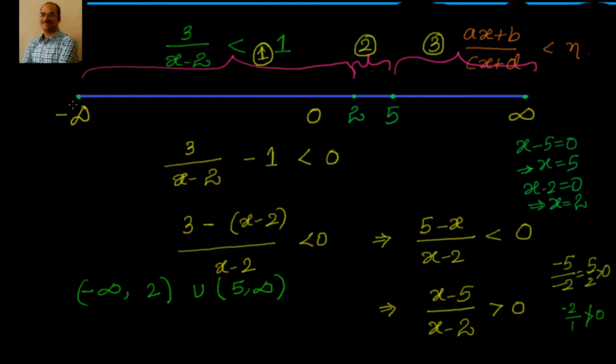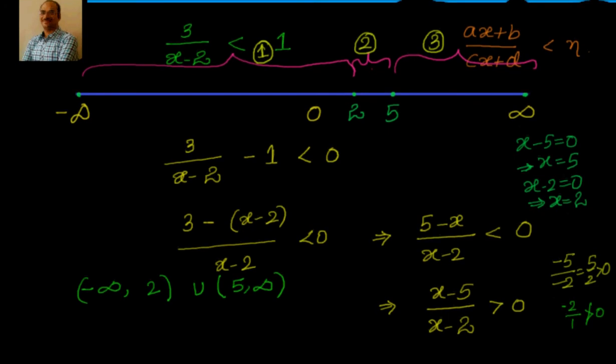Now please remember that whenever you are having ax plus b by cx plus d, once you get into this particular form, find out the values of x from the numerator and denominator. Those are your critical points. Then it will divide your number line into three parts. The first part is minus infinity to the first number, then the second one is between the two numbers, and the third one is the second number to infinity. Now if 2 is the solution, then 2 alone will be the solution. If 1 is the solution, then 1 and 3 will be the solutions. You can check that. That's one way of looking at it.